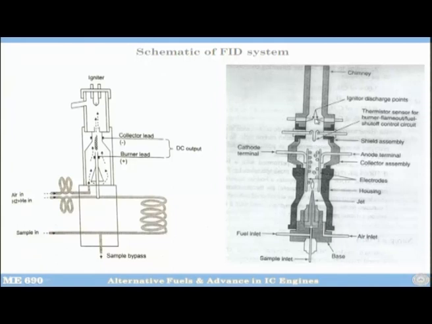This is the igniter discharge point, which is basically used to start this flame, okay, because this will rise and this tube will be filled with hydrogen air mixture, and then you apply the spark. So, the flames will come here and this will sit here nicely depending on what is the flow rate. Okay. And this is the thermistor sensor. This will just basically detect that flames are on. If the flames are on, this will be hot and it will have some resistance, or there will be a change in resistance when the flames are off, and that will detect whether the flames are on or off. Okay.